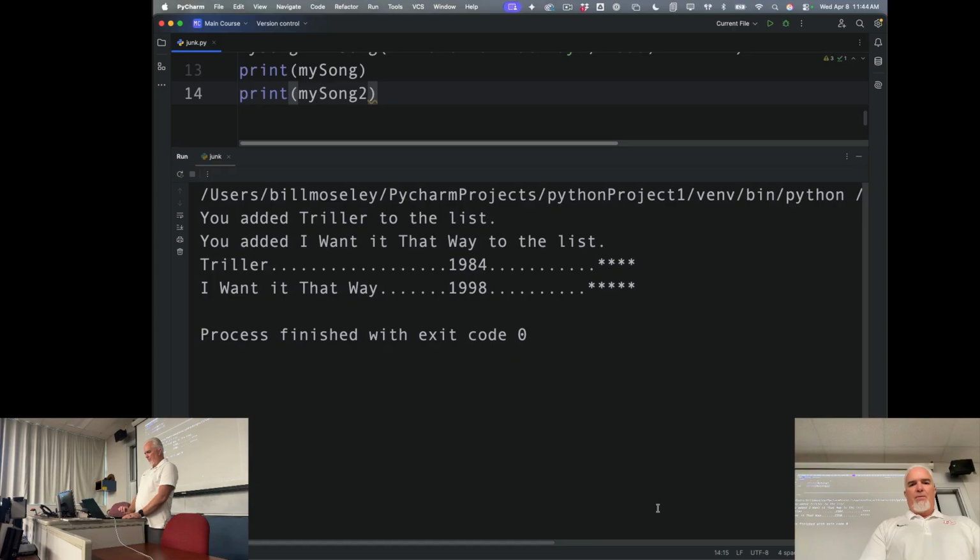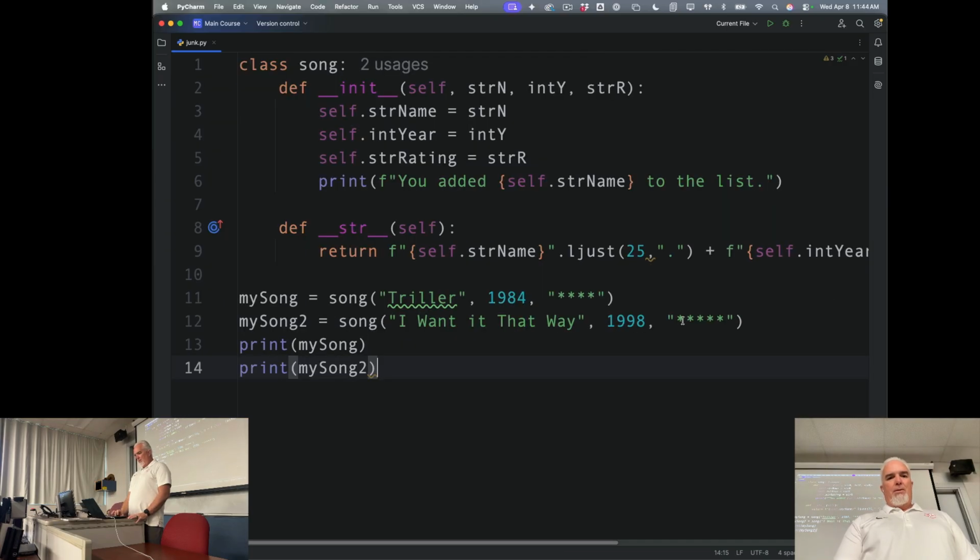So look at this. Look at how nicely that all lines up. Even though the song titles are different and this is different, these are the same, so they're always going to line up, but everything lines up. It's very satisfying now because I can print out all my songs and they're going to line up perfectly. So nice. So let's